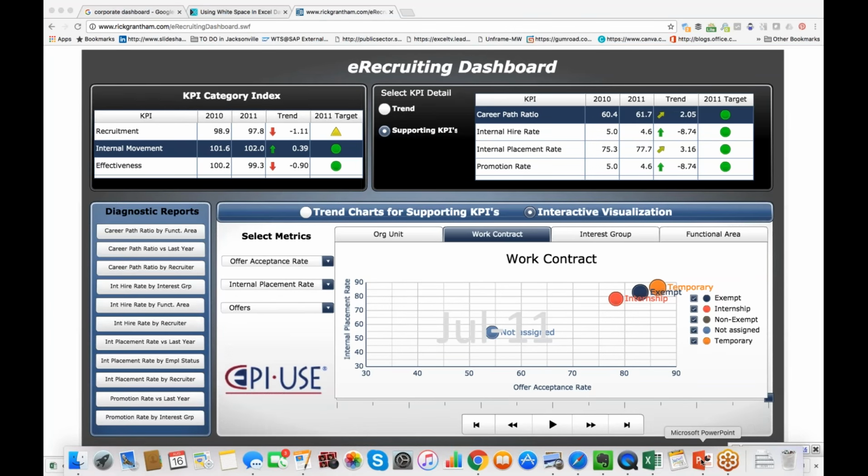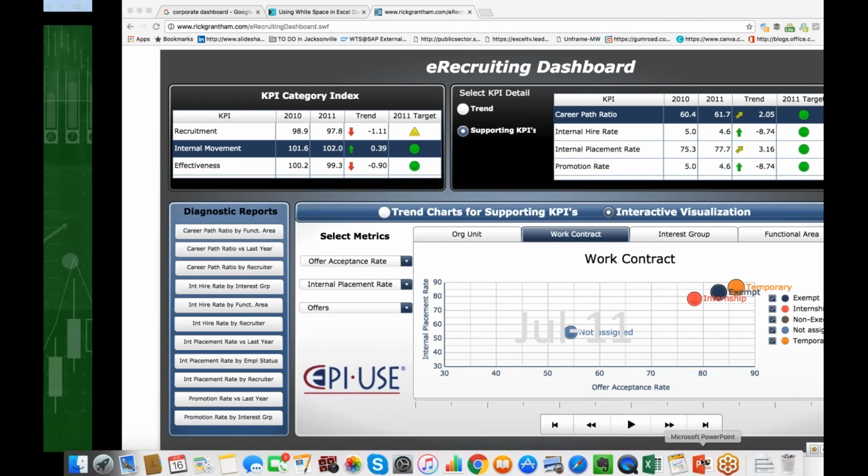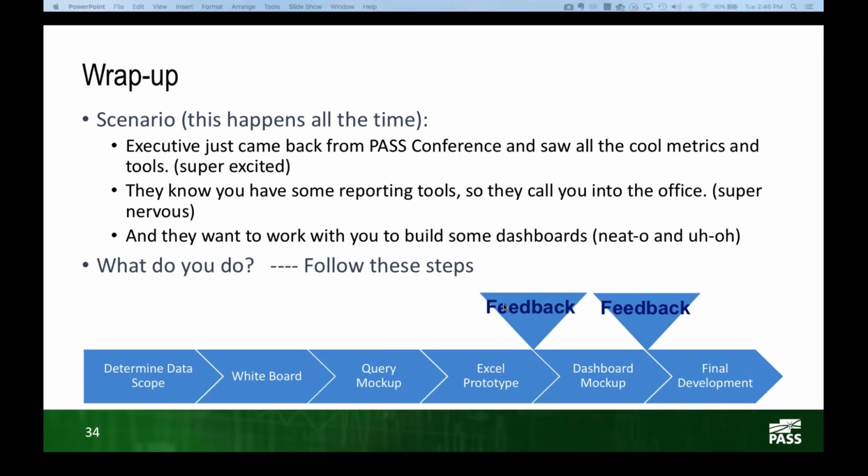So to get back to our first slide today, this scenario happens all the time. An executive comes back from a past conference, saw some cool metrics, they know you have some reporting tools, and they call you into the office, and they want to work with you to build some dashboards. What do you do? And I recommend, instead of walking in with a blank piece of paper, that you put yourself in a much stronger position.